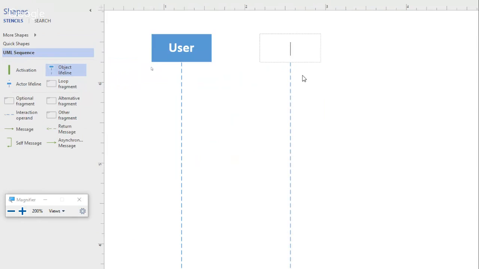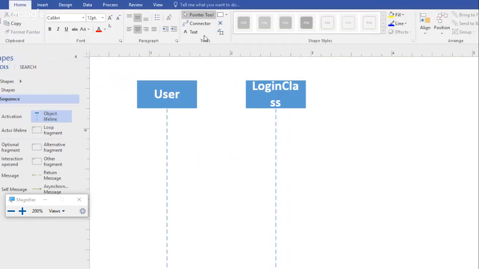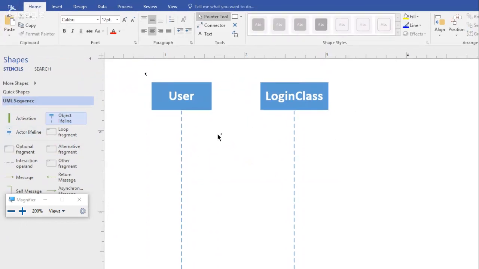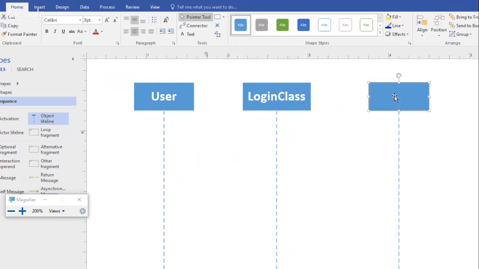Well, actually, before the database, let's say we have a login object. It could be the class. I often do, let's call it login class. I can fix that up if I go to the pointer tool, and then just spread that a little. All right, and then I'm going to do the database. These aren't strictly objects. The login class might be, but